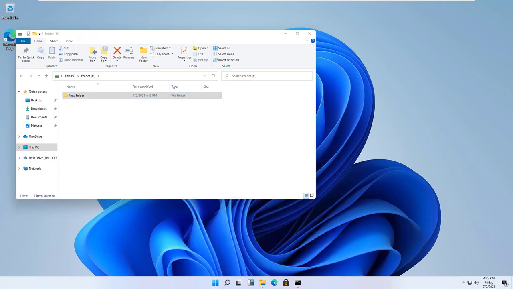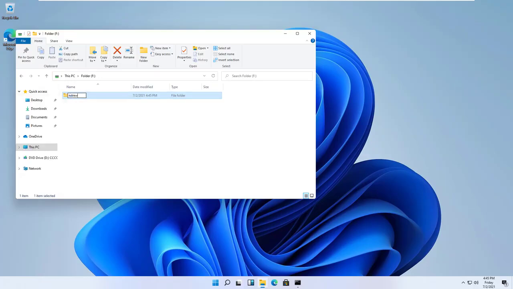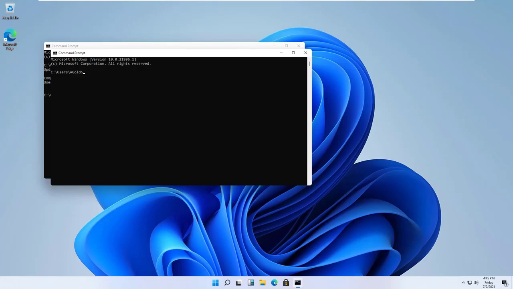So I need to rename this to Andrew Gold. Even if you will not rename this, no one can see this. I just want to show that this folder belongs to Andrew Gold, and no one can view this.